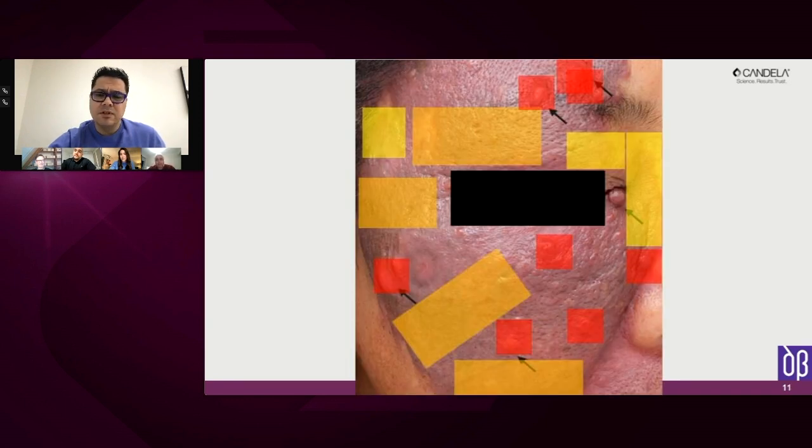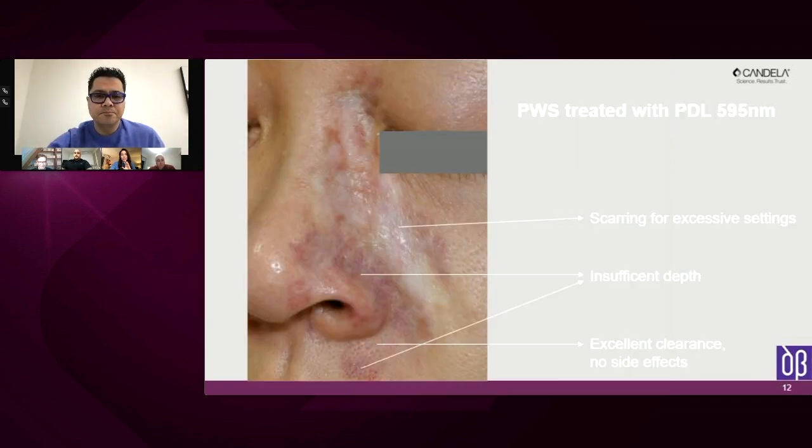So this is one of the features of vascular lasers, and it means that to reach different depths, we may use different wavelengths. So for example, as we see in this case, we could use different wavelengths, for example, with a Norlis device to try to achieve the best depth to treat each and every one of the parts of this capillary malformation.